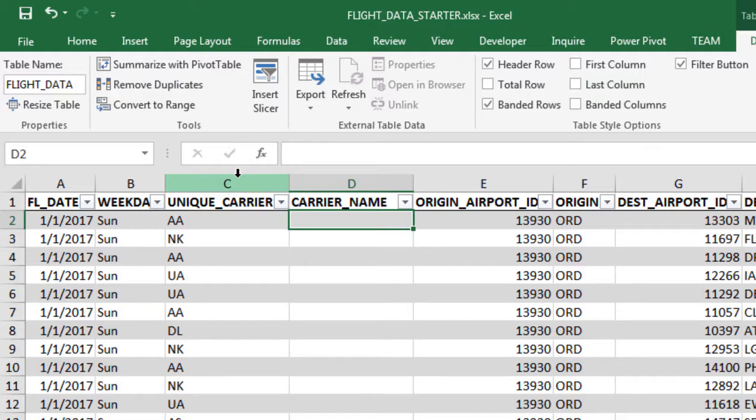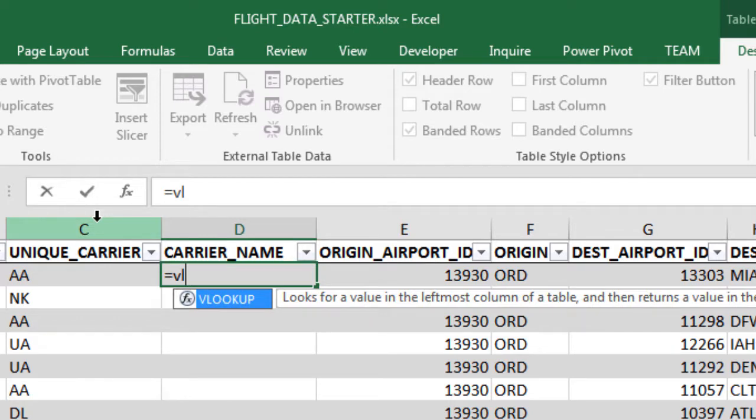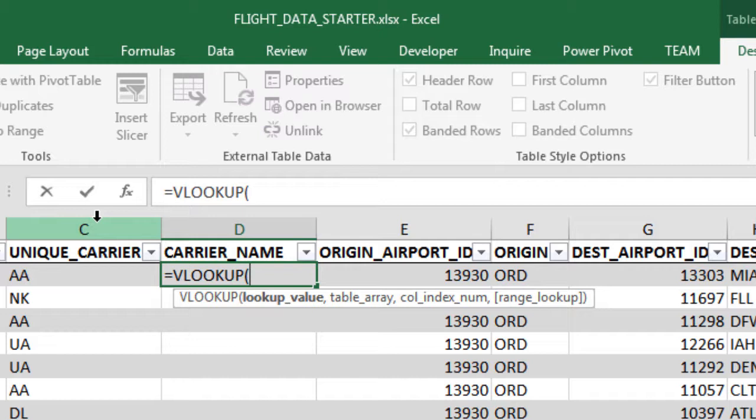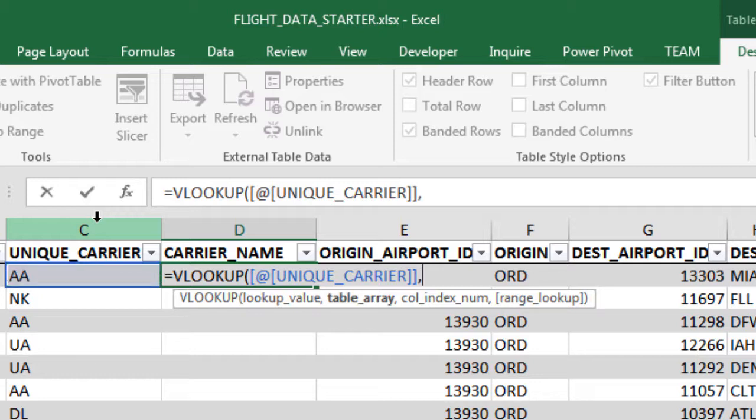So let's dive in. In cell D2, I'm going to type my equal sign and then start typing VLOOKUP. As soon as I type the L, I'm going to hit my tab button to auto-complete the VLOOKUP function, get that opening parenthesis, and now you can see that there are 4 arguments to this function. The first piece is what is your lookup value. So what value do you want looked up? Well, the value that I want looked up is my unique carrier value. So I am going to select the value in cell C2, and then I'm going to hit my comma